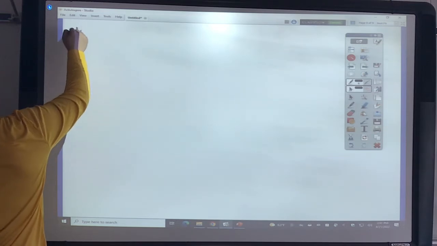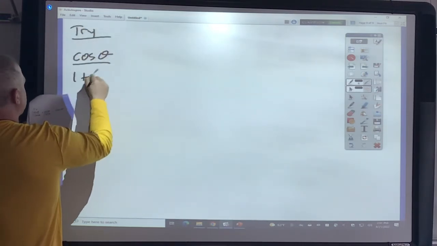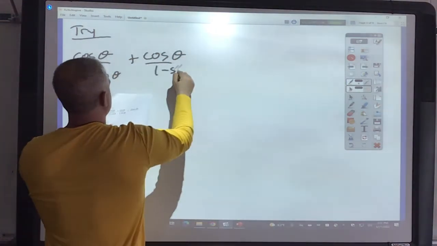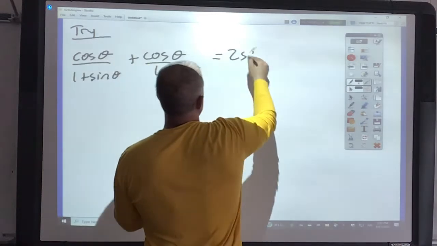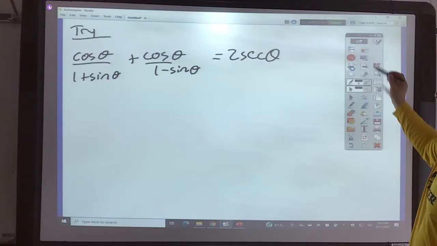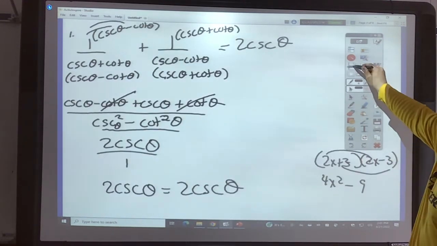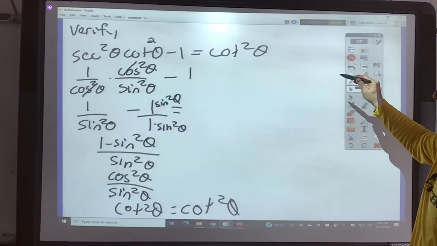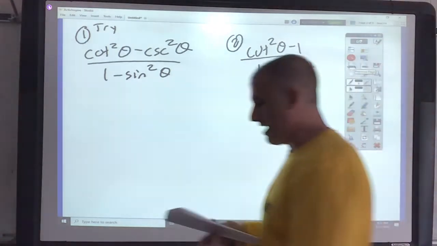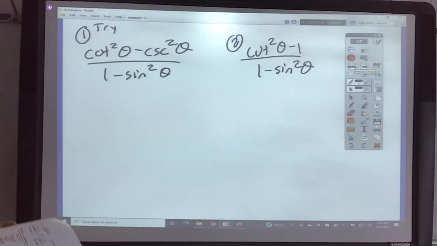And then the one I would like you to try is cosine theta over 1 plus sine theta plus cosine theta over 1 minus sine theta, showing that equal to 2 secant theta. What I like to do is go back and give you some of the answers to the other problems, just in case they're not in Go Formative. All right, so the verifies, you should be good. For the tries, let me just tell you that this one here,